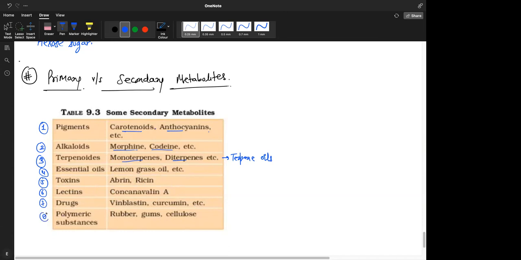Polymeric substances like I told you, rubber, gum, cellulose. For cellulose, we know that the plant cell wall is made up of cellulose, right? So we know why they produce cellulose. And we have also figured out uses for others. Why do systems produce toxins? To protect themselves. But for every secondary metabolite, all the physiological functions are not known completely. Is it clear? So write down